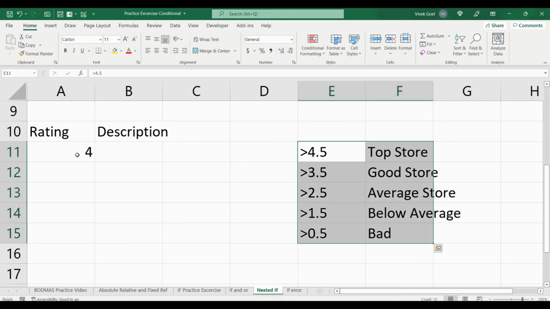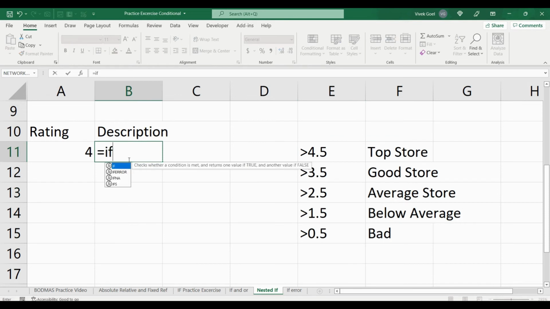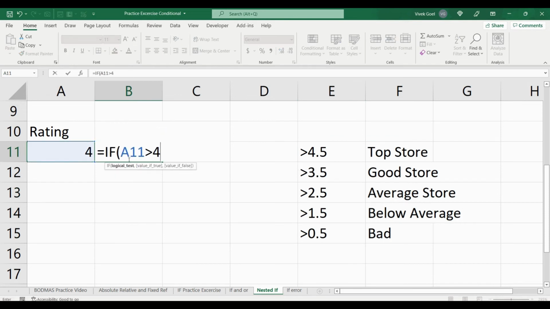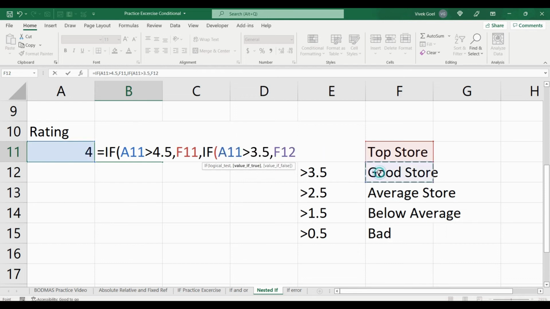This one is pretty similar. We will check if our rating is greater than 4.5, we will specify top store. If that is not the case, the formula will continue to check if the rating is greater than 3.5, then we will specify good store. If that is not the case, we will further check if our rating is greater than 2.5, then we will specify average store.